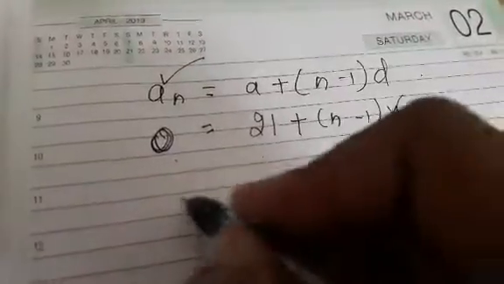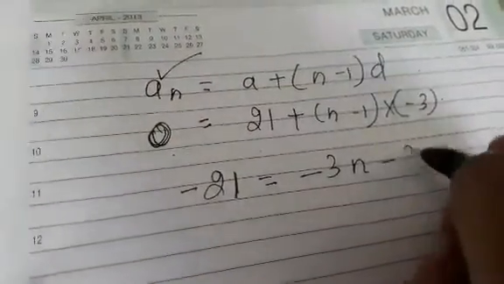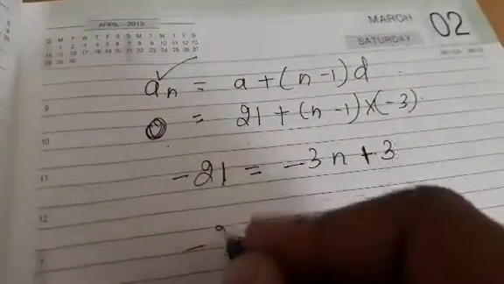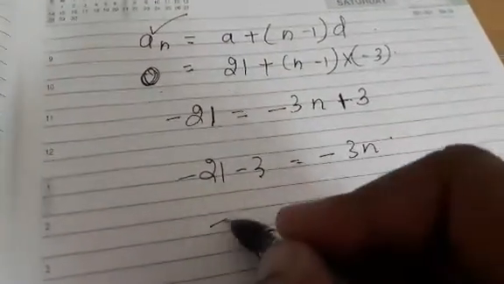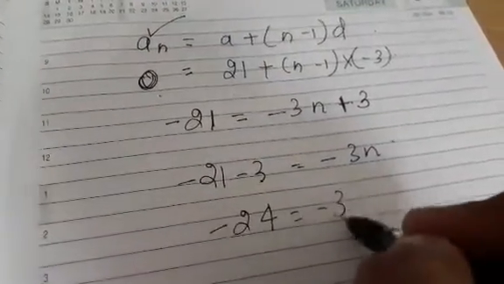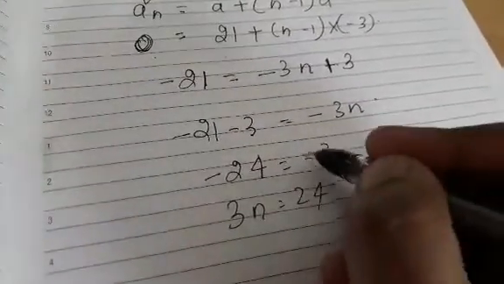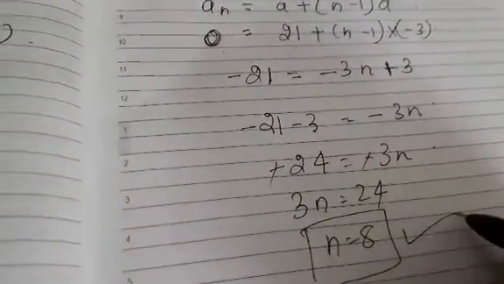I bring it here. It will become minus 21 is equal to minus 3n minus 3 plus 3. Then minus 21 minus 3 will give you minus 3n. Minus 24 is equal to minus 3n. 3n is equal to 24. I will cancel the minus signs, and here I'll get n as 8. That means the 8th value of this arithmetic progression is